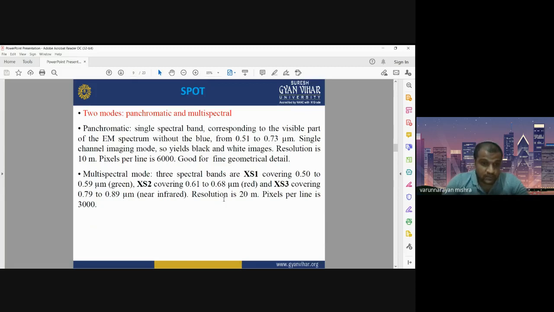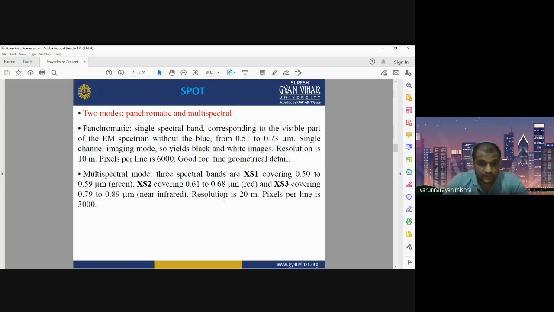Okay, but in case of multispectral mode, the images are captured in different bands. Here in SPOT, it doesn't work in the blue band. It starts from green, that is from 0.5 to 0.59 micrometer, red from 0.61 to 0.68 micrometer, and NIR, that is from 0.79 to 0.89 micrometer.